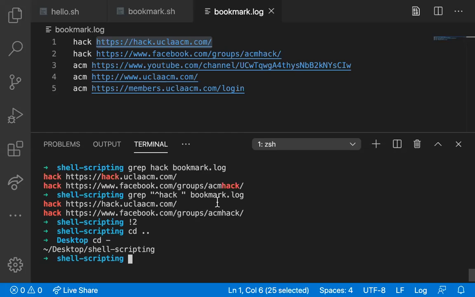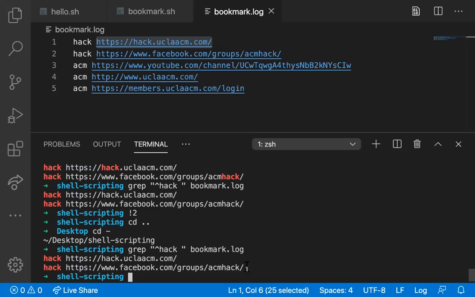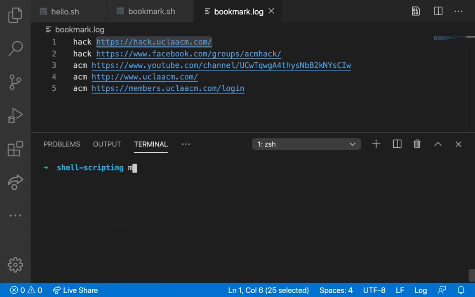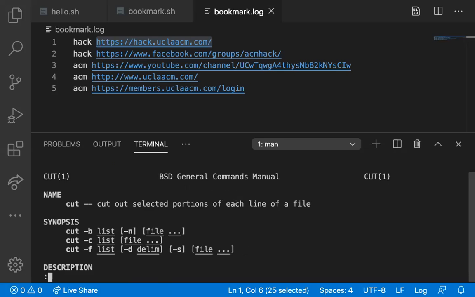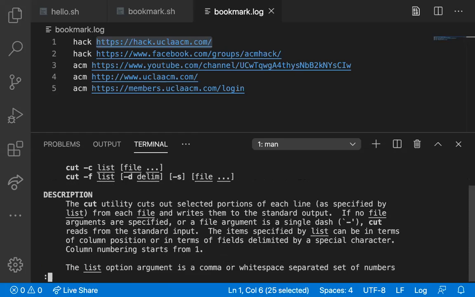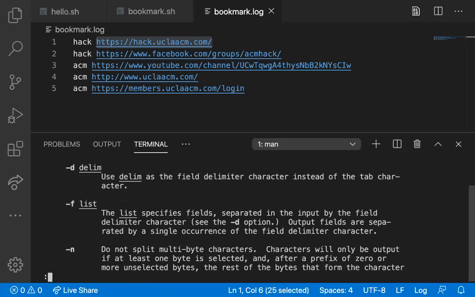All right, so the next thing, after I have this output, I will also want to filter it down so it's only this link. I don't want the first part. Doing this earlier, when Tim mentioned, hey, you can use cut, it's pretty easy to use, but I didn't know how to use cut. So I check the man pages whenever I don't know how to do something. Honestly, it was a little confusing for me to read, but after some experimentation,